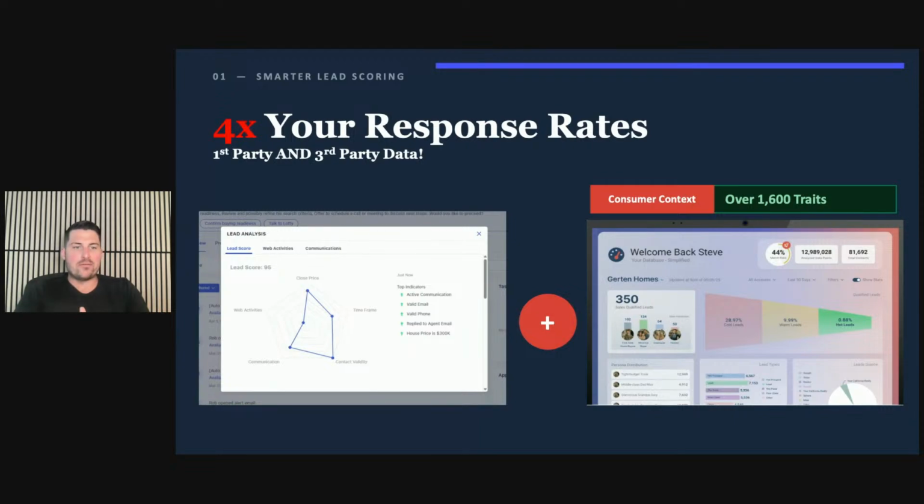So readiness, identifying who to talk to, who not to talk to. And so when you combine those, that's now going to live directly in your Lofty account. And so all of the agentic capabilities that exist within those platforms, think about now being able to amplify those capabilities, leveraging the power of our consumer data. If you have questions about that consumer data, what we've amassed is over 1,600 unique data points across 250 million US adults.